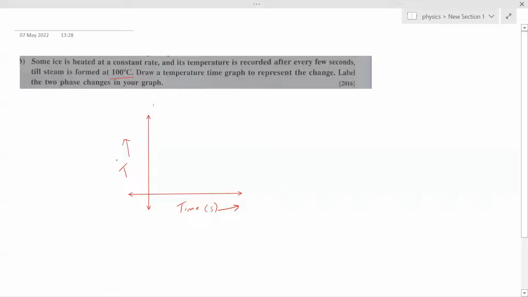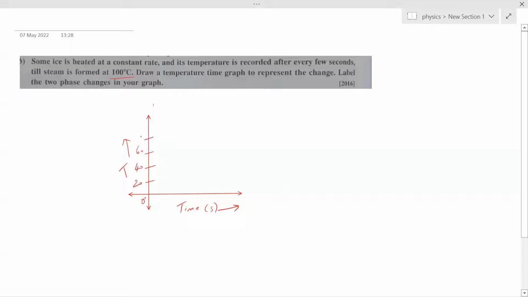At 0 degrees Celsius, we need ice. Okay. So now, because it's going till steam, I will mark till 100: 20, 40,